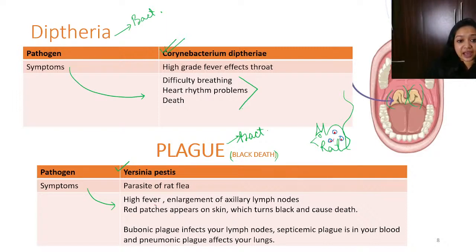So there is high fever because of infection, enlargement of axillary lymph nodes, especially the ones under the armpits. Then the person has red patches that appear on the skin, which gradually turn black and cause death. And that is the reason we call it Black Death. Okay,